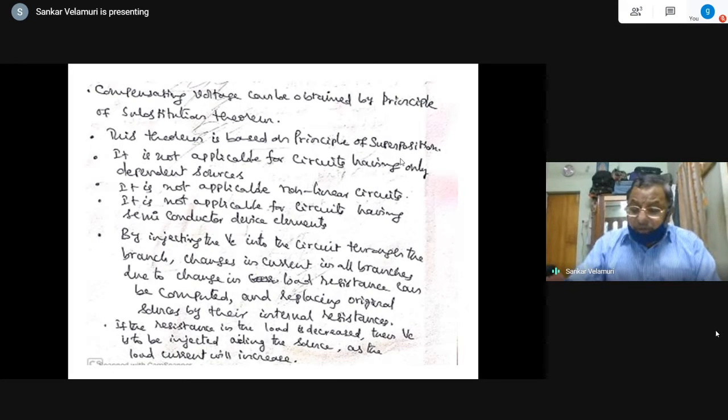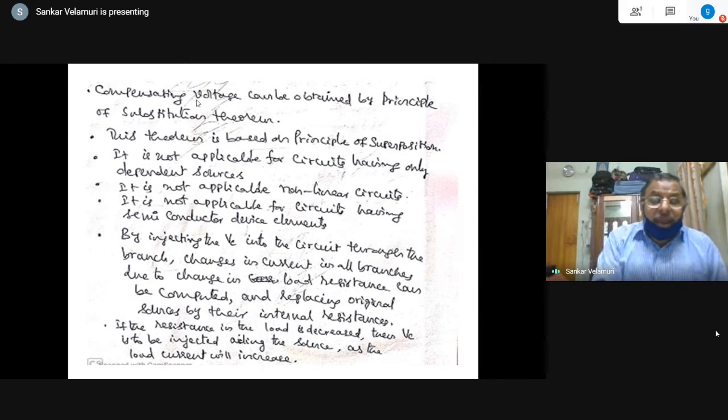The change in the current is to be put along with the change in this one, in the opposite direction. Now, if the resistance is decreased, the current will increase. In order to find the changes in the current, the compensating voltage has to be introduced with a polarity aiding the corresponding current, but the potential difference will be decreased. That you will observe subsequently. So by introducing it like that, when the resistance is decreased the current will increase, and to find the changes in the currents, this compensating voltage is to be injected in such a way that it should